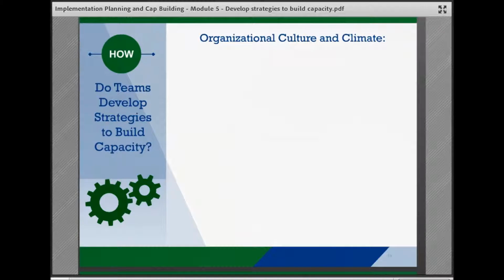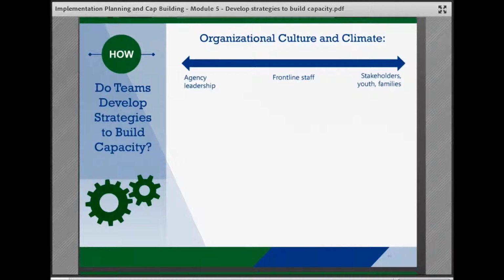Organizational culture and climate are the shared values, norms, attitudes, and perceptions that influence how people in an organization behave, and potentially how people accept and support change. An agency's culture and climate will reflect factors at various levels of the organization that impact readiness for implementation. Acceptance of a new intervention is often set at the top of the organization, but frontline workers are often critical change agents through the use of new procedures and practices. Also key to establishing widespread buy-in is engagement of diverse stakeholders in implementation planning, including youth and families in the target population.